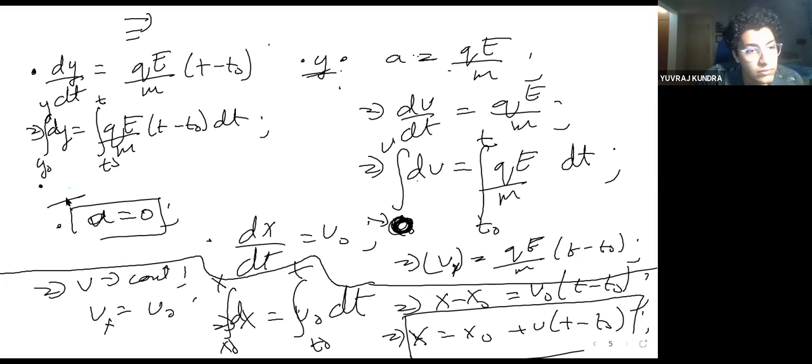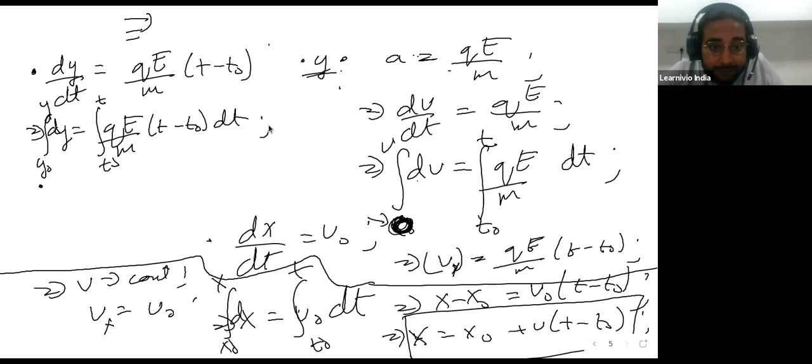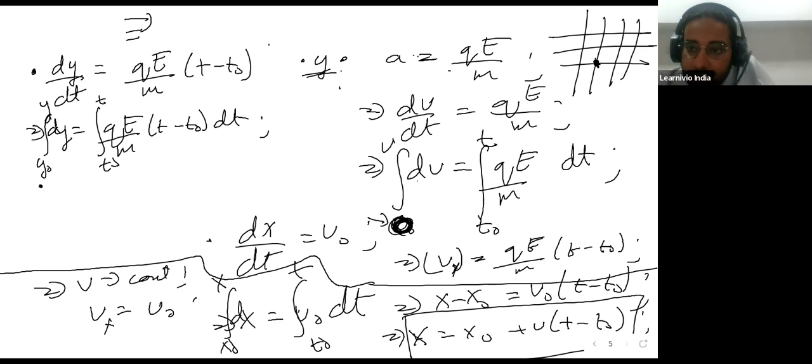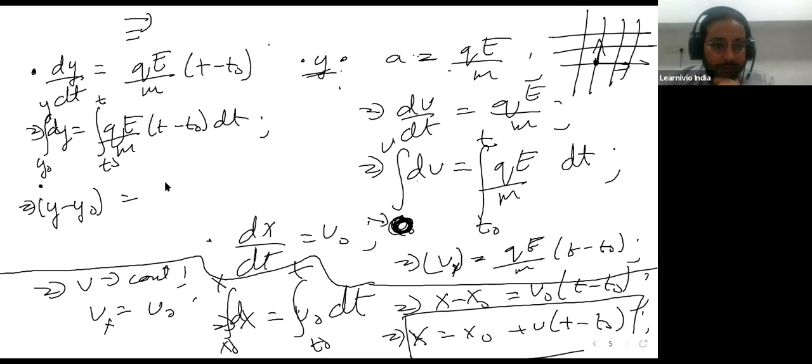One minute. So how did we get dy over dt? It was from the Vy. Y is basically the distance along the y-axis. So essentially dividing it. So this is nothing but y minus y naught, and the integral of this is quite standard. So let's always keep the constants away and the variables separate. Okay.